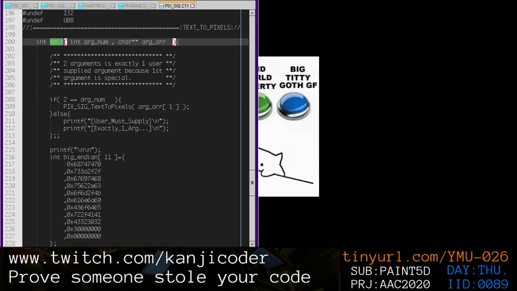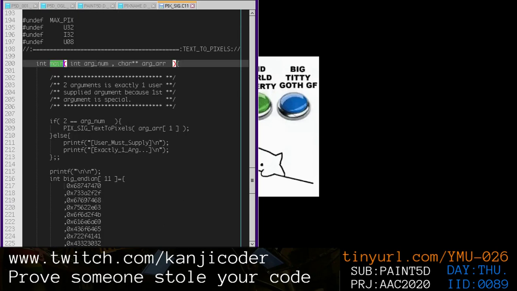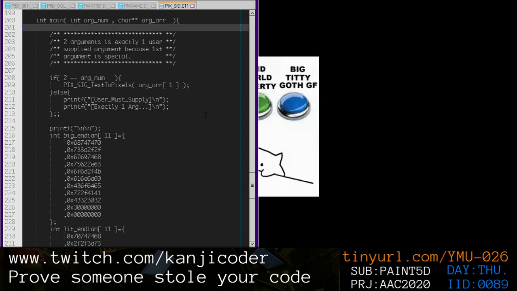Okay, so main is just where we kind of put it all together. So here is the number of arguments on the command line. Here's the argument array. So this is an array of strings. That's why it's a char pointer pointer. If there's not exactly 2 arguments, remember 2 arguments means exactly 1 user-supplied argument, then we're going to say the user must supply exactly 1 argument. Otherwise, we'll run the code that we wrote to encode that user argument into our big endian and little endian